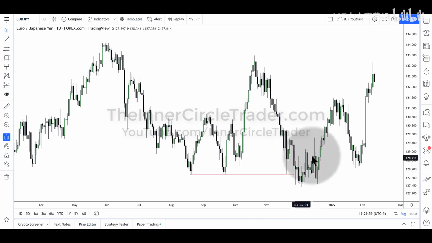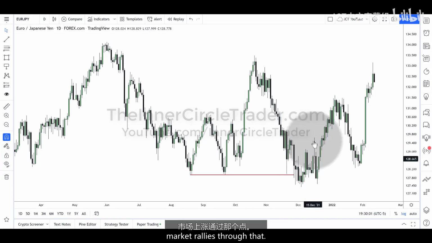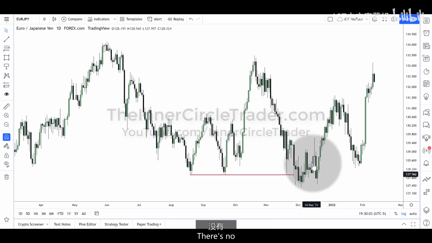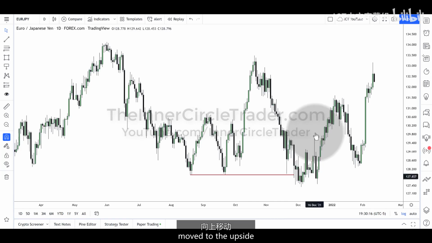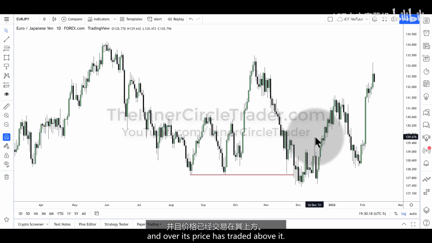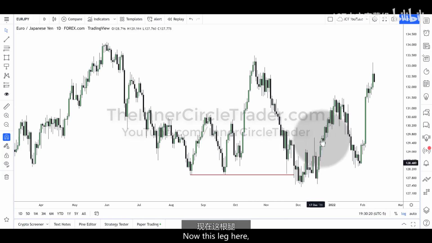Okay, swing high. The market rallies through that. There's no fair value gap there. It drops back down in. Then it runs again, taking out this swing high. So we have 2 points of market structure that have moved to the upside. In other words, price has traded above it. Now this leg here,